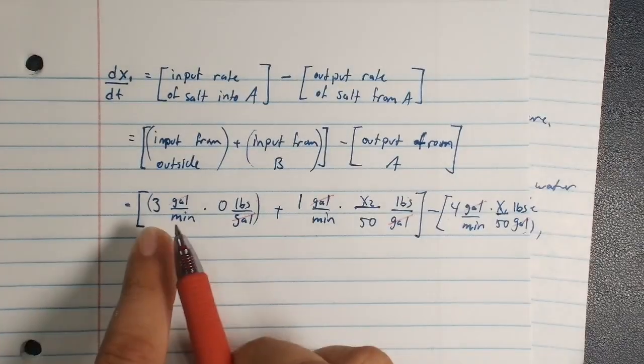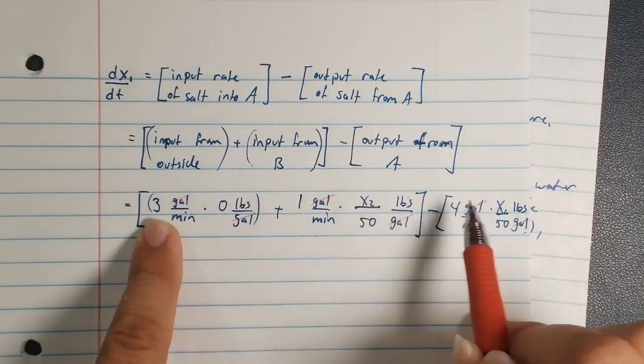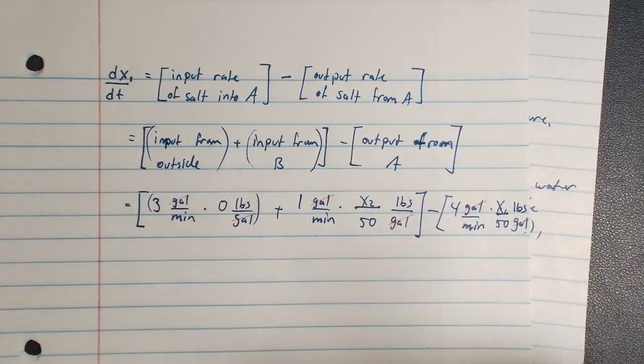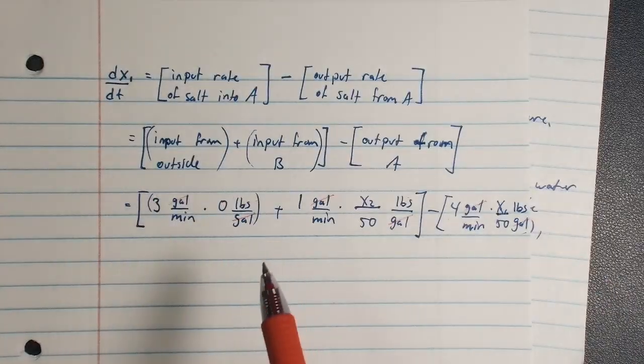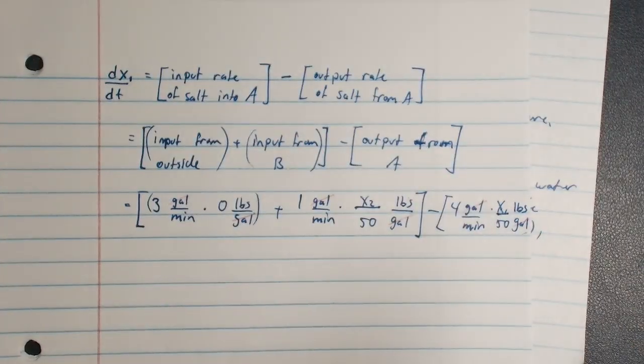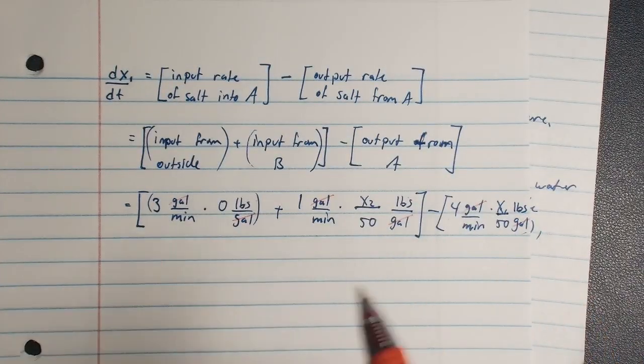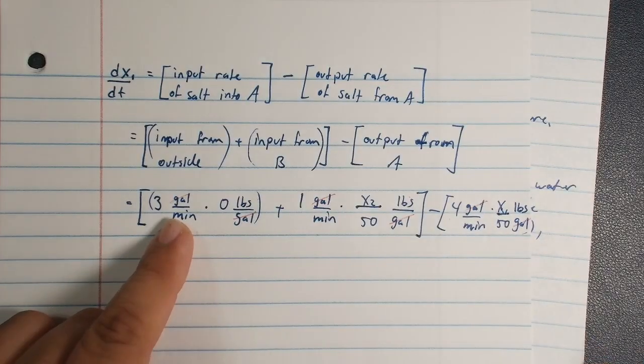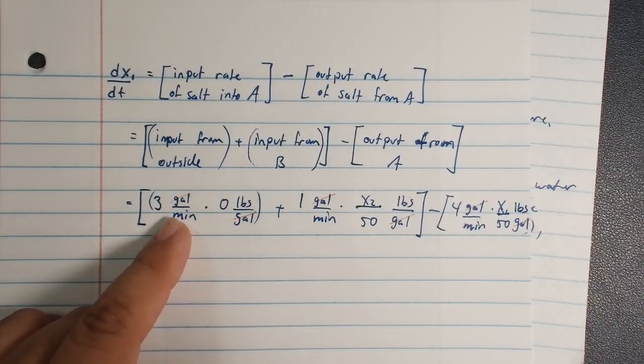Pounds per minute. If you add pounds per minute to pounds per minute and subtract pounds per minute, you get pounds per minute. Okay, everything matches up. Everything's in pounds per minute. If some of them were pounds per minute and other ones were gallons per minute and other ones were gallons per pound or whatever, then clearly something's wrong. We can only match things up if they're the same kind of measurement. So here we at least show that we might have made a little mistake somewhere, but at least